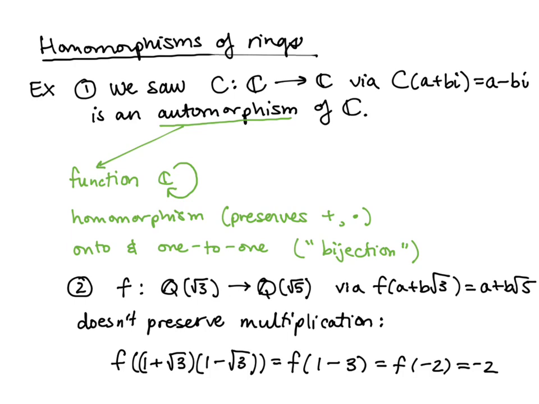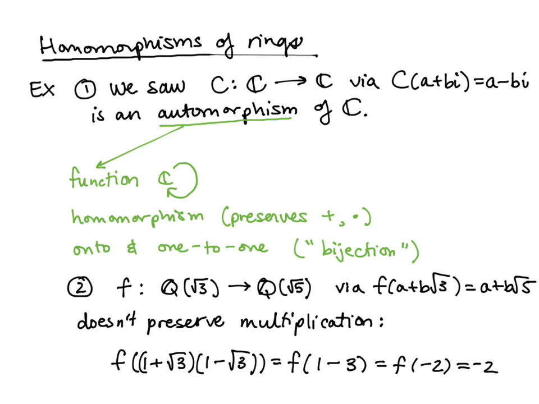If I multiply those, I get 1 minus 3. So I'm really applying f to the element negative 2. So f of negative 2 is negative 2